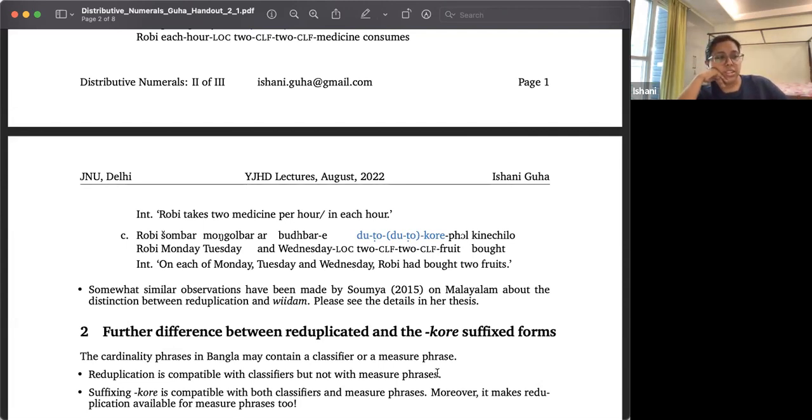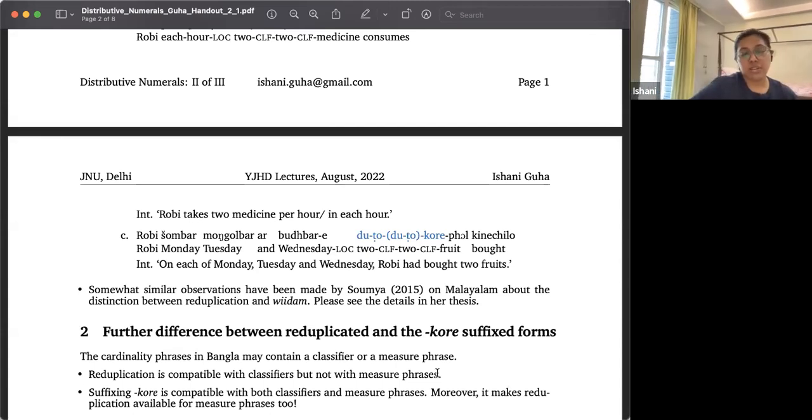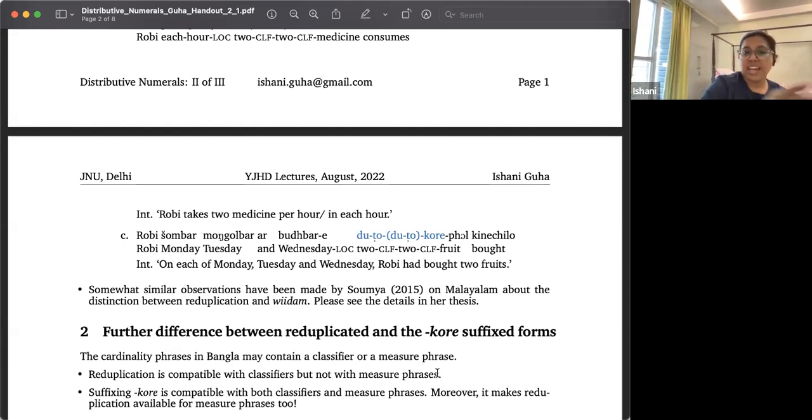Okay, so this form actually is very productive and is good with all kinds of distributive readings. And with this form, she also reports getting the Telugu kind of reading, that is, out-of-the-blue occasion distributivity. Whereas with reduplicated numerals, she does not get out-of-the-blue distributivity, occasion distributivity at all. And when I read her thesis, it was astonishing